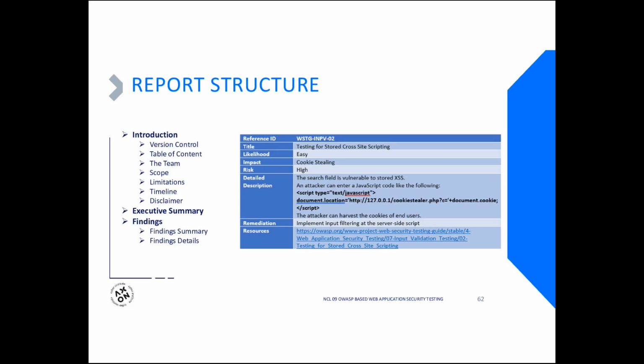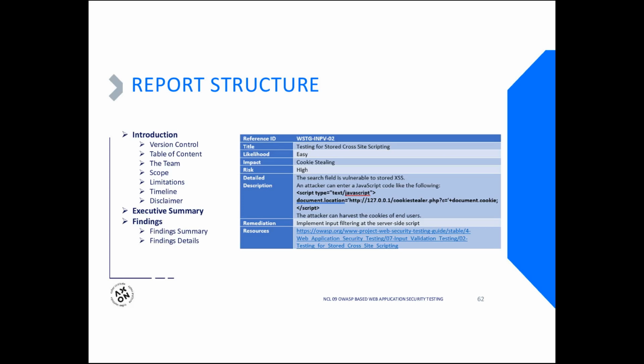So for each vulnerability, you have to include the reference ID. Okay, generally, this is the reference ID of the step in OWASP itself. If you go to the OWASP website and you open the testing guide, you will see that each section of it has an ID. So SQL injection has an ID, LDAP injection has an ID, error handling has an ID. So you include that ID and the title of it, as I'm showing here, this example, testing for stored cross-site scripting. And then you